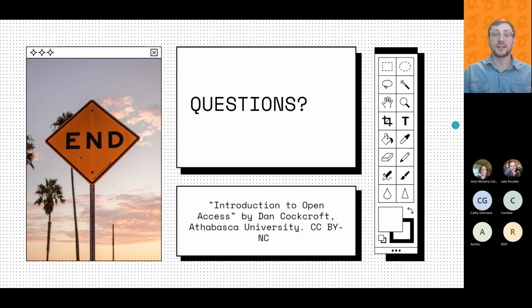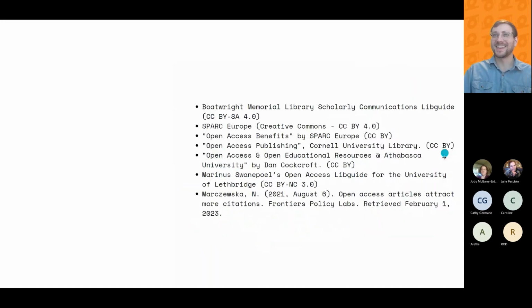As I mentioned before, this is an example of an attribution. So we have the title, which is Introduction to Open Access. We have my name, we have the source, and we have the license. So the license really should be linked here to the actual terms on the Creative Commons website, but this slide software doesn't let me link, so fortunately nothing there.